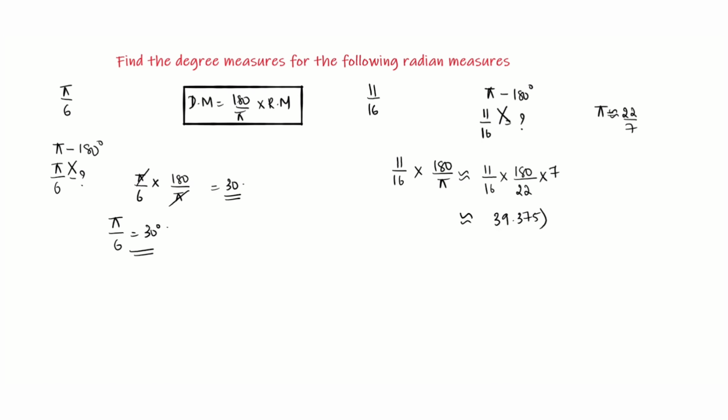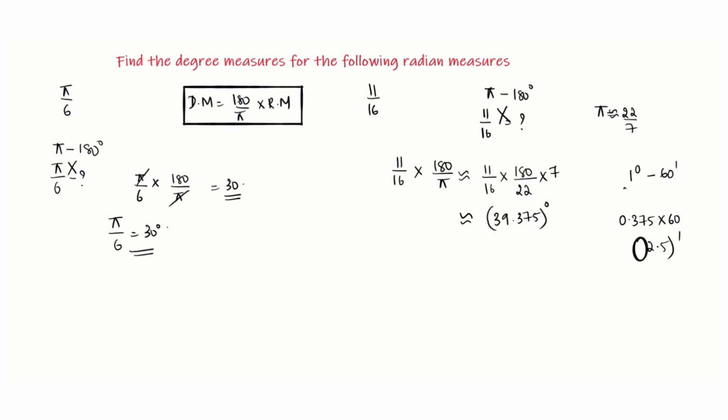Now, to convert 0.375 degrees into minutes, we will simply multiply 0.375 into 60. We get this from the relationship between 1 degree and minutes. 1 degree is equal to 60 minutes. So 0.375 degree is how many minutes? We will get 0.375 into 60, that is